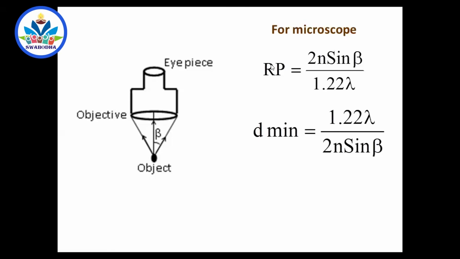How can you increase the resolving power or decrease the limit of resolution? By using a medium of higher refractive index between the object and objective, and by decreasing the wavelength of light coming from the object. Using a higher refractive index medium, the best example is oil immersion microscopes, which use oil in this gap and thereby increase the refractive index. Decreasing the wavelength: ultra microscopes, which use ultraviolet light and have more resolving power.